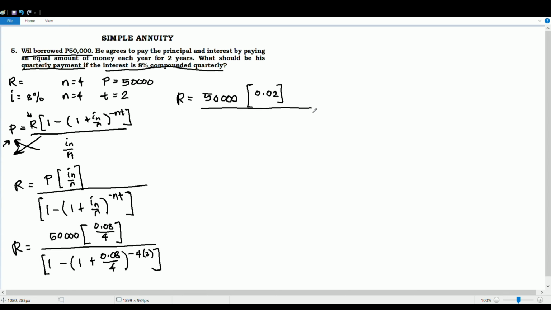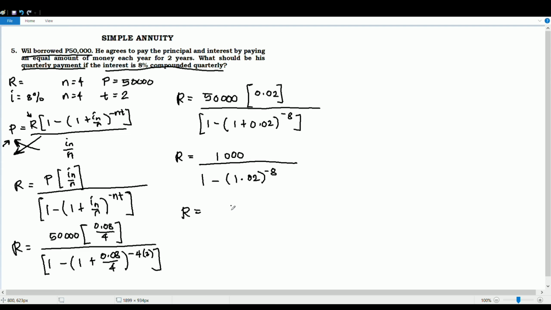And then all over 1 minus 1 plus 0.02 raised to negative 8. And then we simplify this number. We have to add the numbers inside the quantity. We have R is equal to, and we can now multiply the values in the numerator. The answer is 1,000 over 1 minus 1.02 raised to negative 8. R is equal to 1,000 over 1 minus 1.02 raised to negative 8, which is the same as